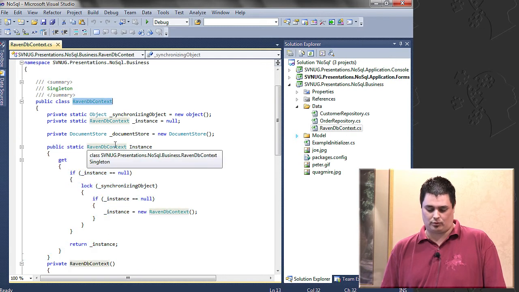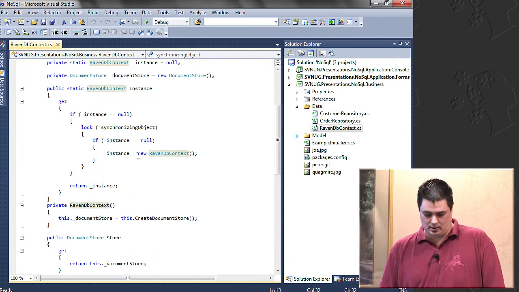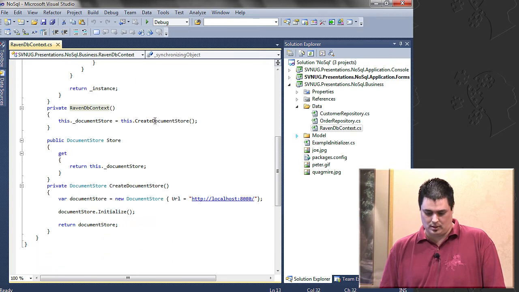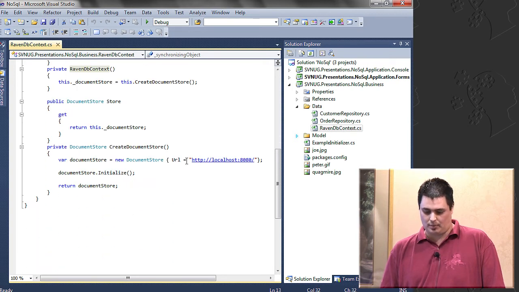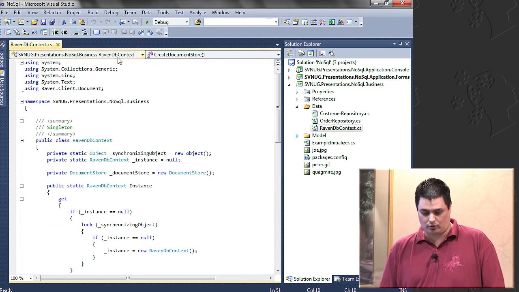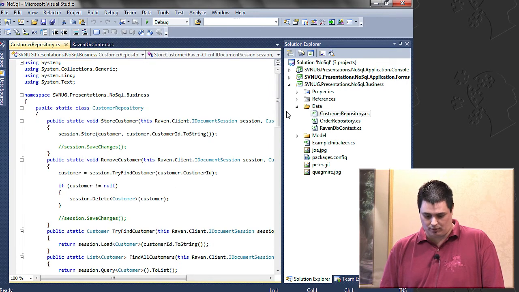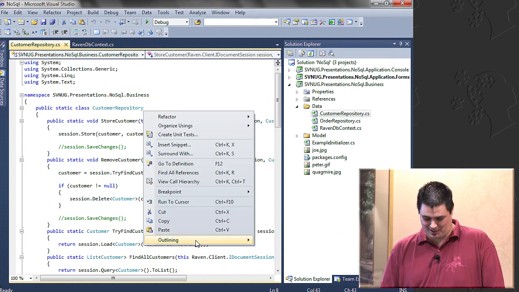I've created my own class, RavenDB context, initialized it once, and then you create the document store. Basically, the settings are very simple. I give it the URL, which in this case is the local one running on this computer. You initialize it, and that's it. That part's ready.